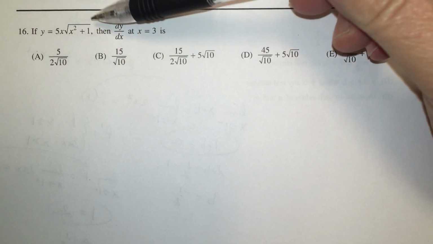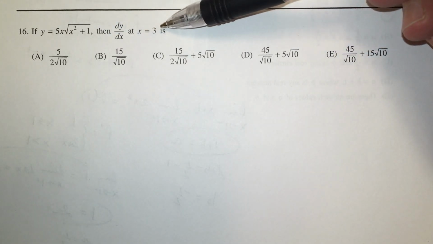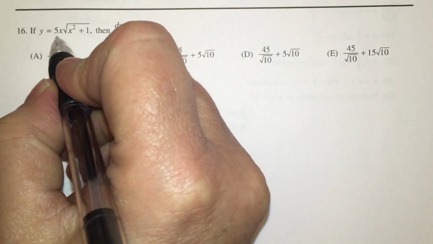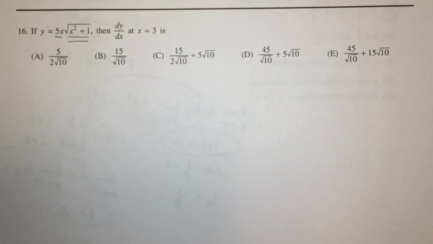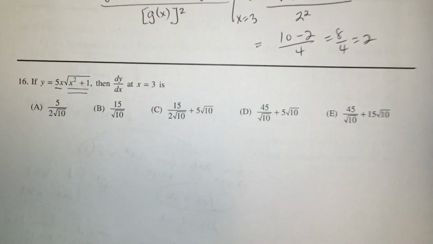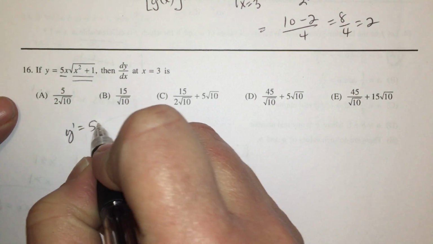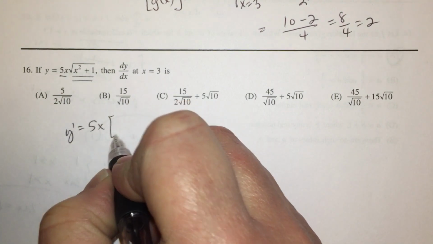In this problem, you're given y and you want to find dy/dx when x is equal to 3, so we just need to take the derivative here. Notice that you have a product, the 5x times the square root right there, so we're going to need to use product rule. So y prime is going to equal the first times the derivative of the second, which is